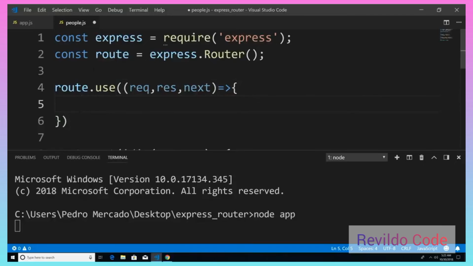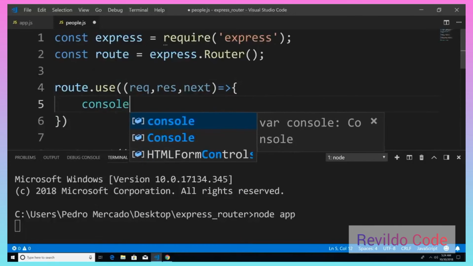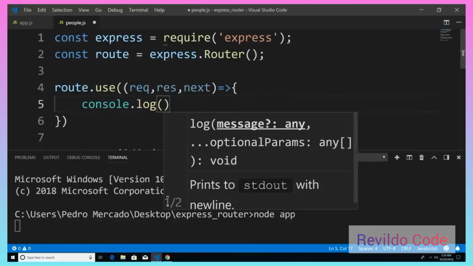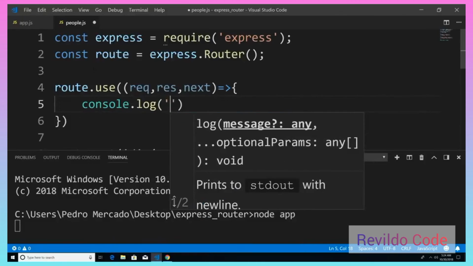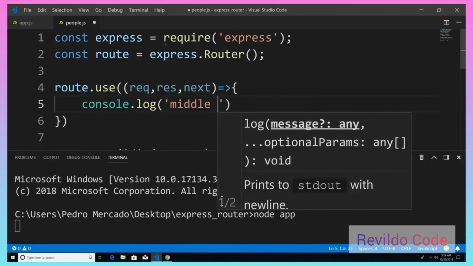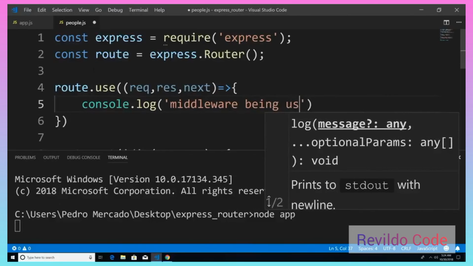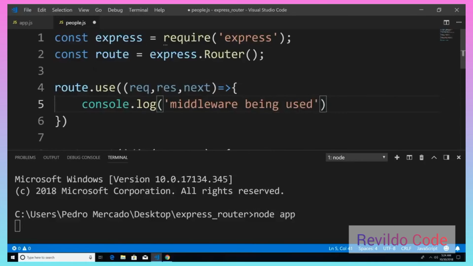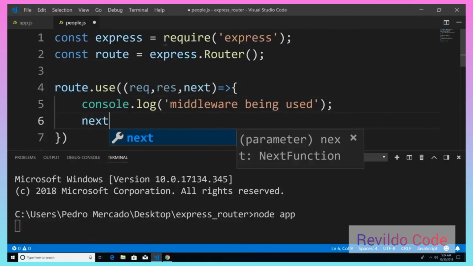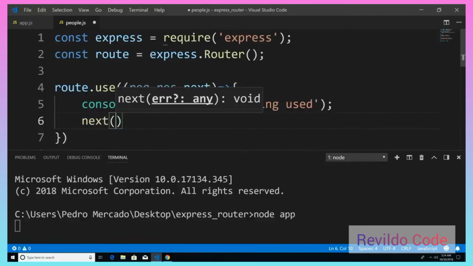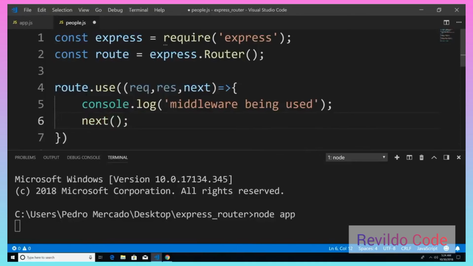And now I'm just going to say console.log middleware being used. Now when I use route.use, all requests are going to go through this middleware. So remember to always call next if you're ever creating your own custom middleware. And now if I was to save this,